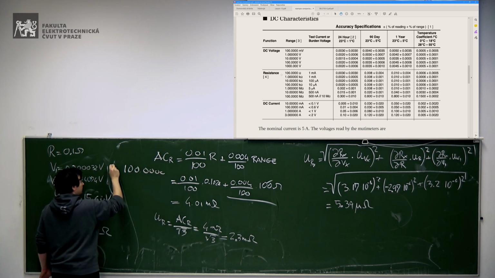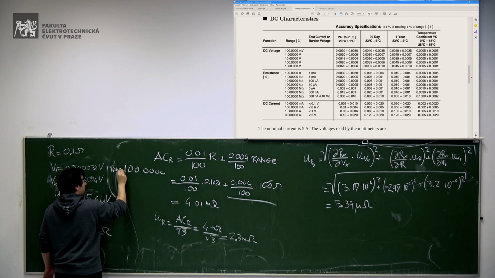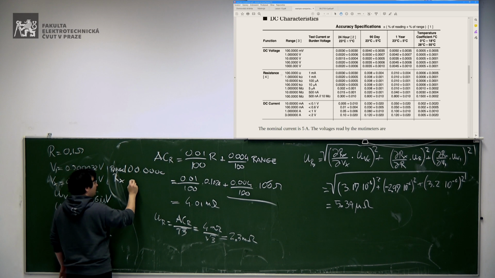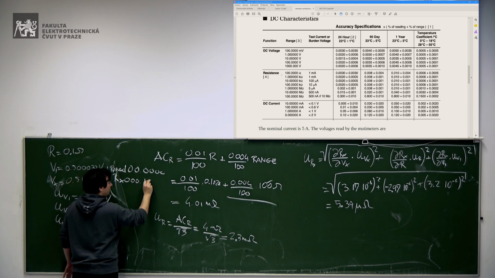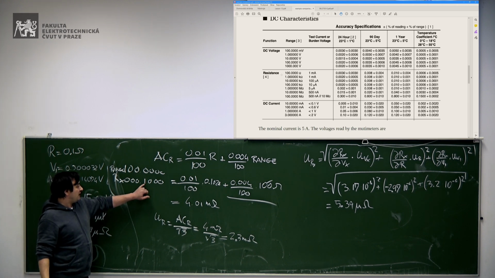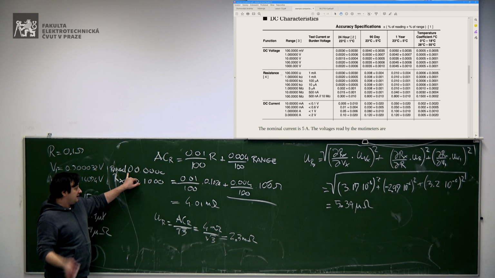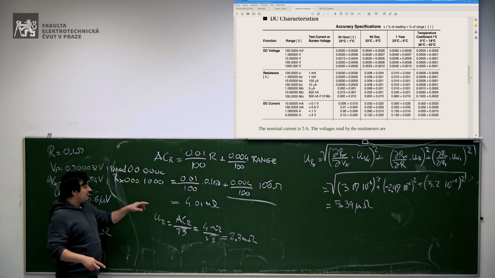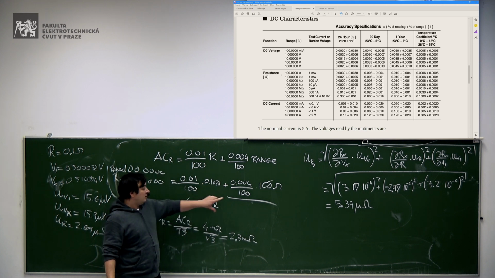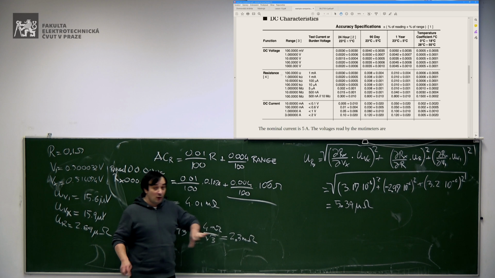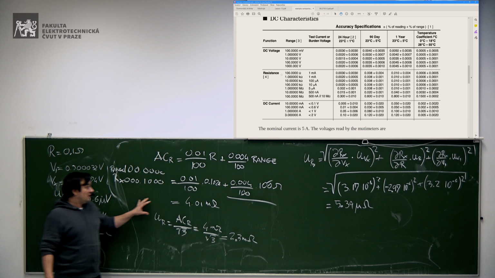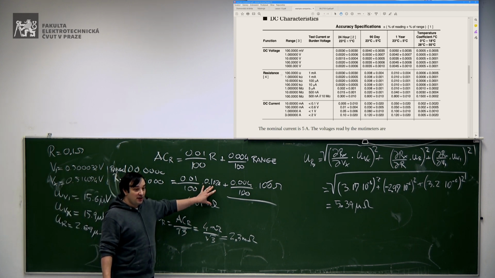This is our range. And we are using it to measure a resistance which is 0.00100. So we are using it to measure resistance which is much smaller than the range. And in the accuracy, you see that there is a component which doesn't depend on the measured value, but it depends on the range. So you always have this component proportional to the range, regardless the value that you measure.